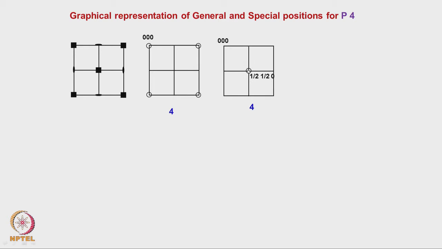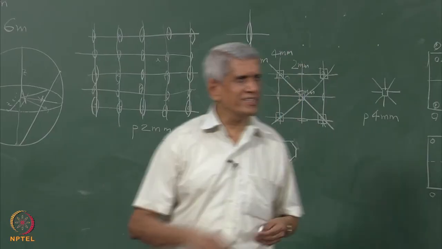If I put one at the center here instead of putting it there, and like that one will come here, another will come here, another will come here, all the lattices, then also a 4-fold symmetry is satisfied. You look here, put at these 2 positions by taking the lattice translation symmetry, one point will be generated here, another will be generated. Though this is the lattice which we considered, atoms are put at these positions. Now this also has a 4-fold symmetry, correct. So that way also we can fill up the lattice.